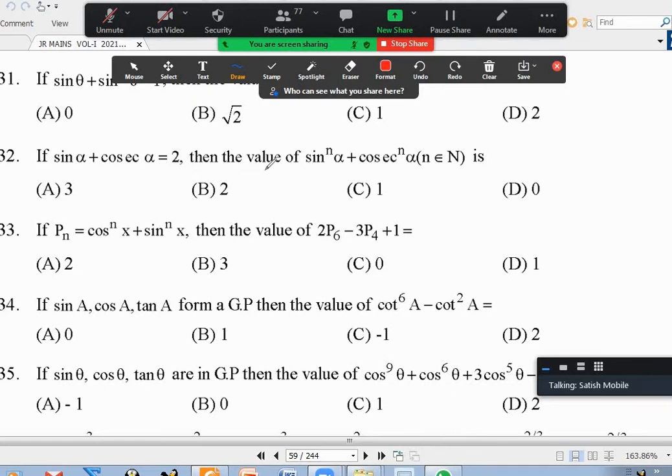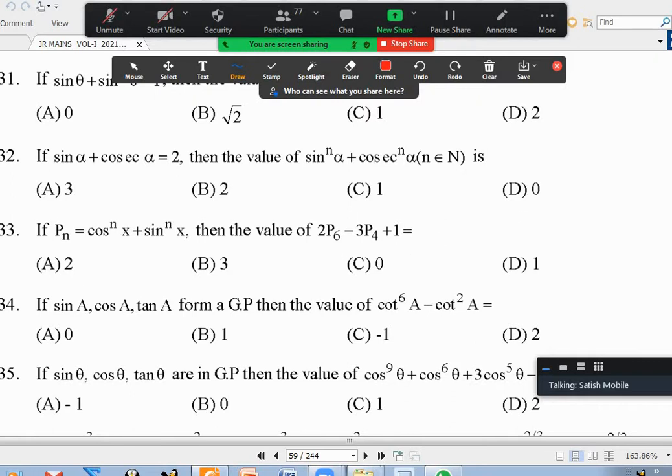Now we'll take the value of P4. In that we'll write cos power 4 plus sine power 4, which can be written as (cos square) whole square plus (sine square) whole square, which can be written as (cos square plus sine square) whole square minus 2 cos square sine square x. And that is 1 minus 2 sine square x cos square x. So then I'll substitute and get the answer. Very good, Mukul. You said it clearly.